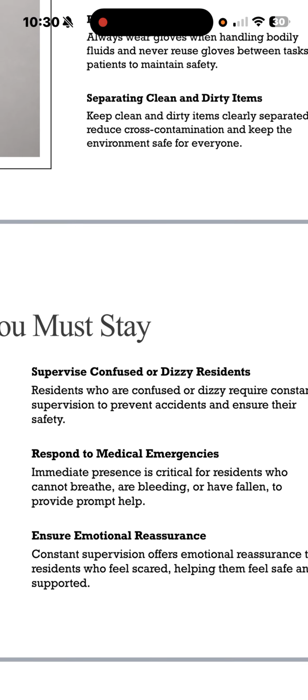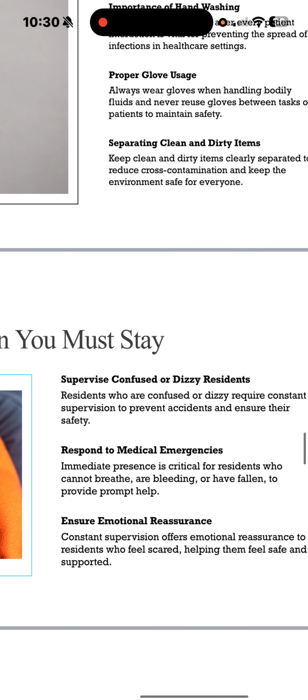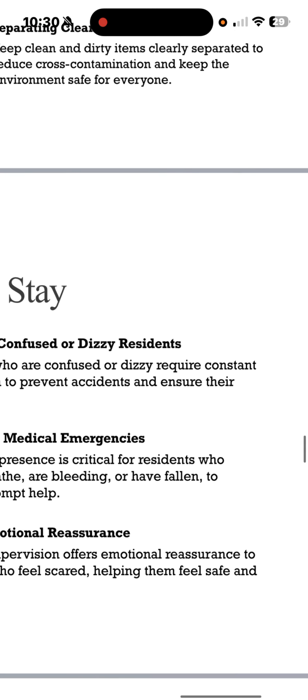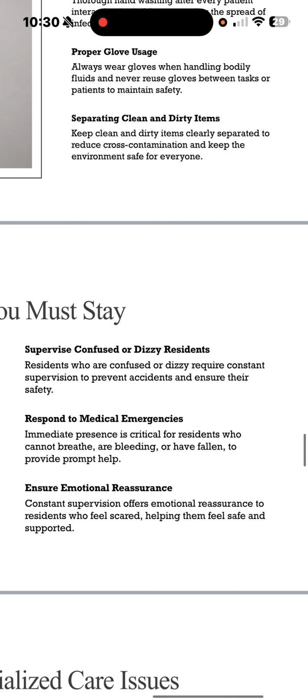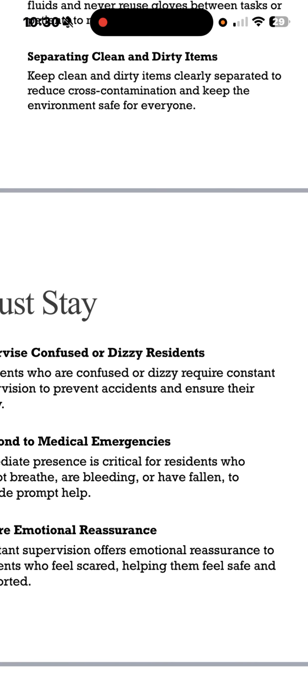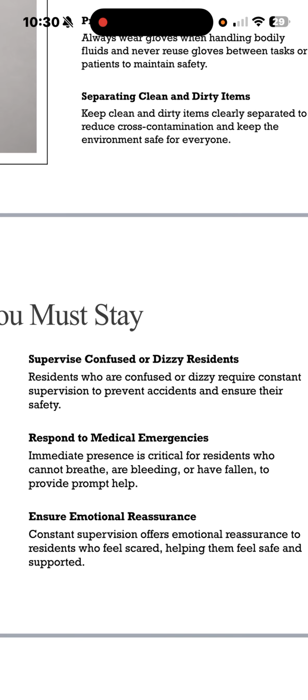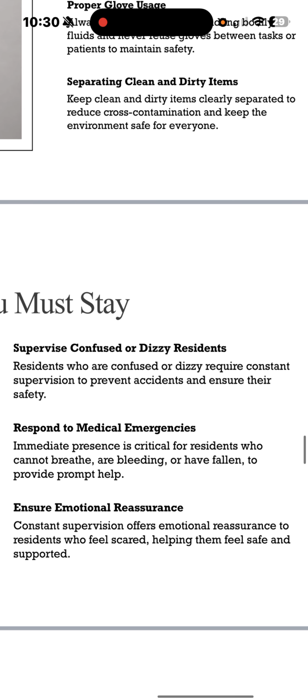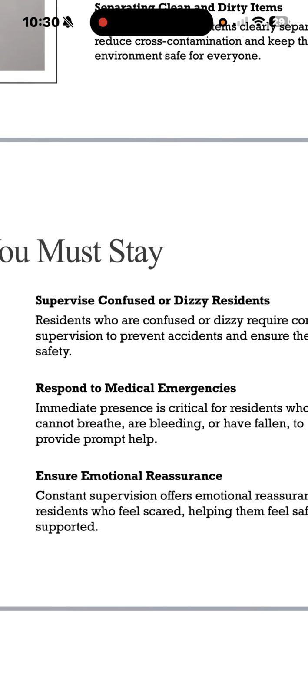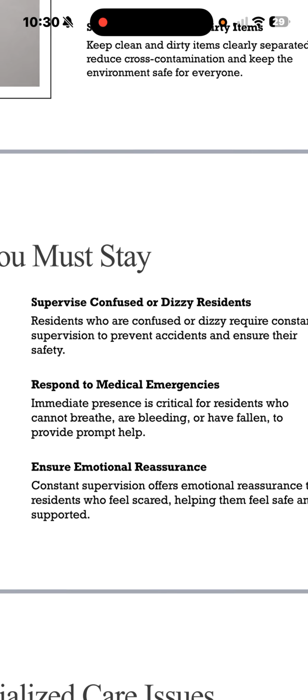When you must stay. Okay. Supervise confused or dizzy patients. You must stay with this patient to make sure this patient is okay. Residents who are confused or dizzy require constant supervision to prevent accidents and to ensure their safety. Respond to medical emergencies. Your presence is critical for residents who cannot breathe, are bleeding, or falling, to provide